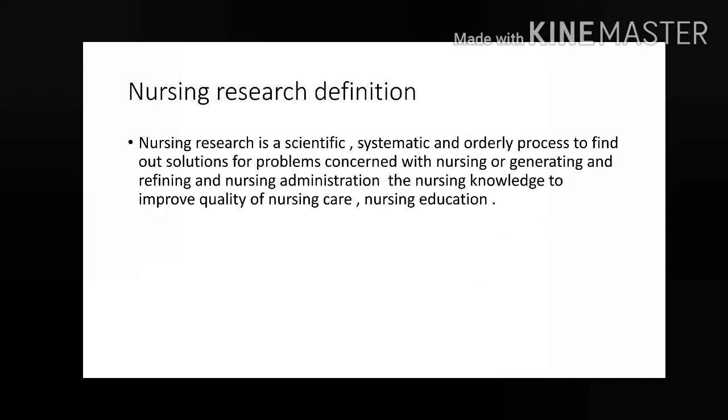Now moving on to the next definition. Definition is of nursing research. Now if you are finding this definition in your question paper, nursing research is a scientific, again it is a scientific method because it is a research. Now when you are conducting research in a nursing profession, that type of research is known as nursing research.